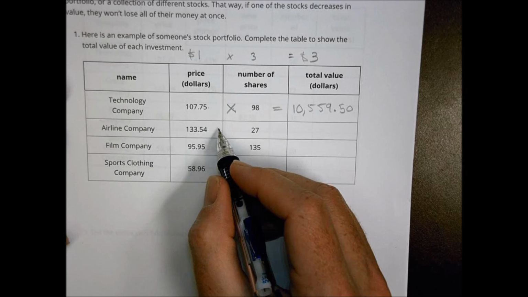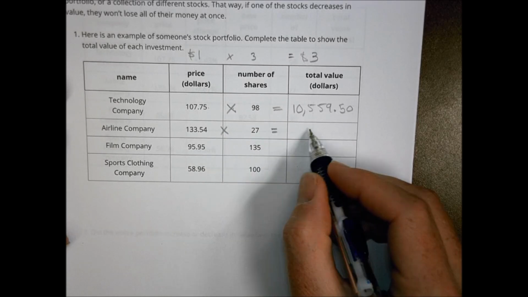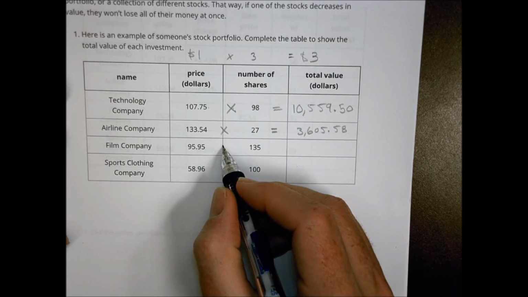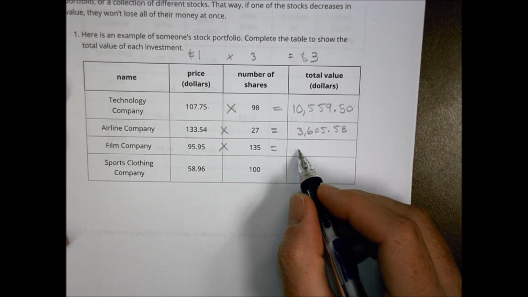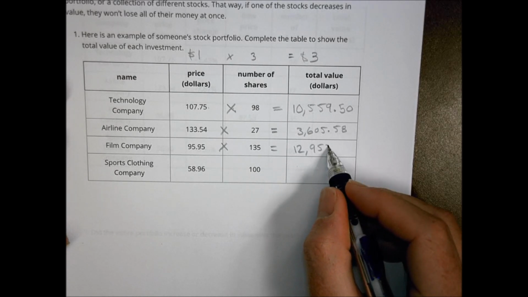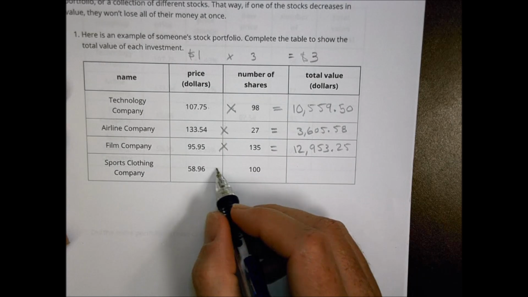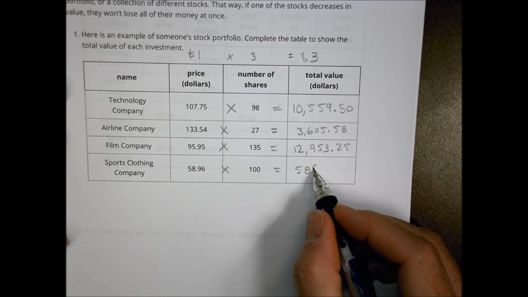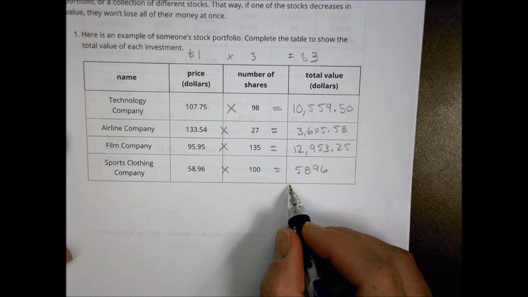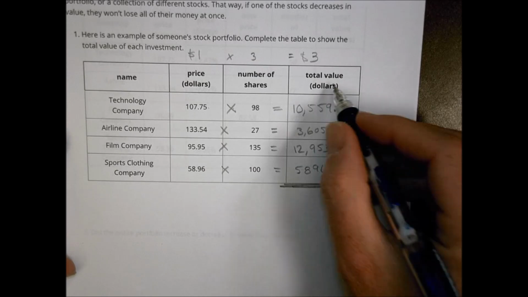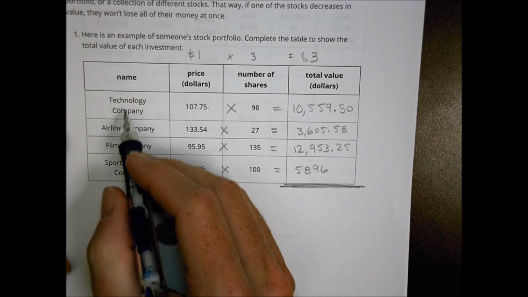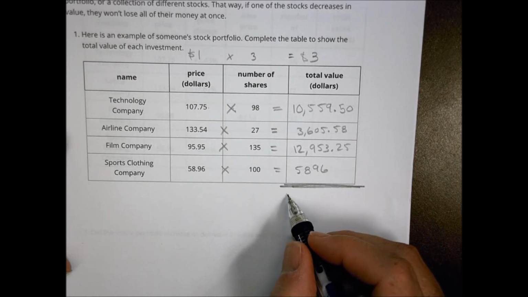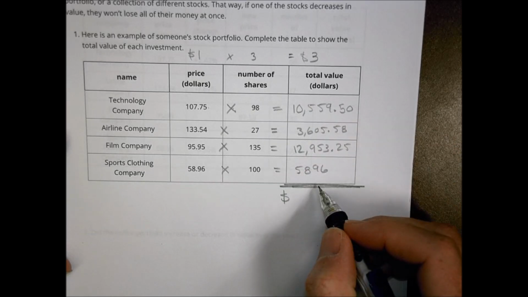So 133.54 times 27 gives you $3,605.58. 95.95 times 135 of those is $12,953.25. And the $58.96 times 100 is going to give you $5,896. Now, as a point of reference here, that means that the sum total, if this is your stock portfolio and you own all these stocks, right? And this is how much you own, your portfolio has a value of all this combined. In this case, it'd be